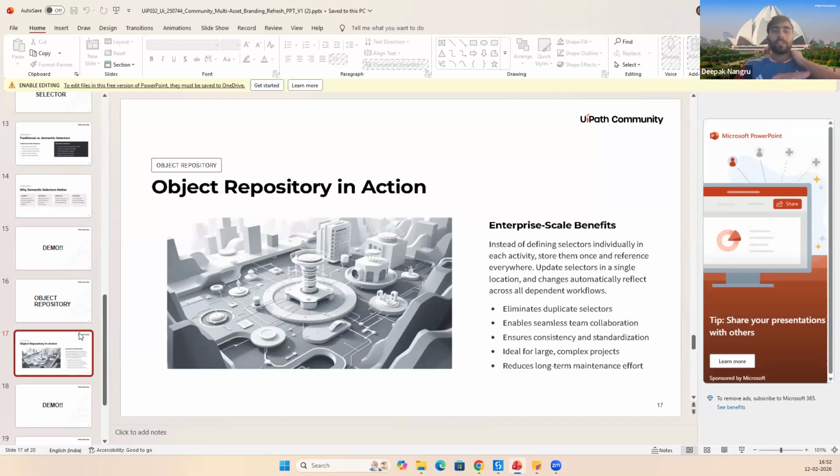So the healing agent is just a patch. For example, if you have old automations running in a production environment and they fail, and you have enabled the healing agent, it tries to find a variation of the issue. It just takes a screenshot and sends it to the model, and it confirms what the issue is. Is there a pop-up on top? Is there some application on top that we have to minimize or not? So it is just kind of a patch.